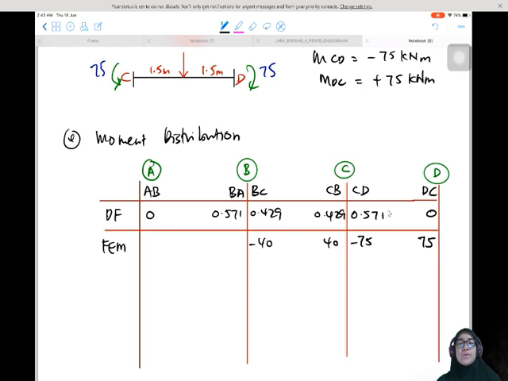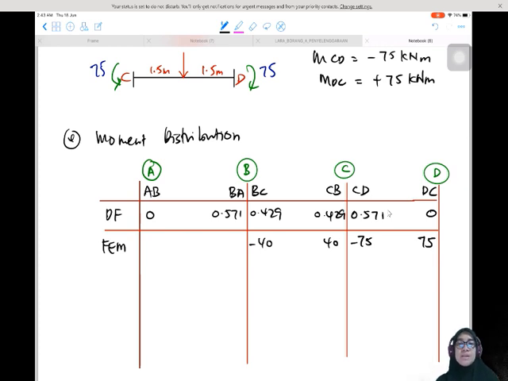Okay, so as you can see on screen, this is the table for moment distribution. In the moment distribution method, we will use the table in order to distribute the moment. We are going to analyze the member end moment, and the first member end moment in the table we get from the value of fixed end moment.